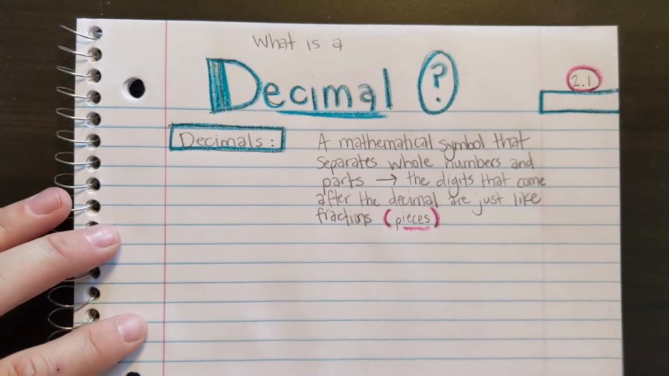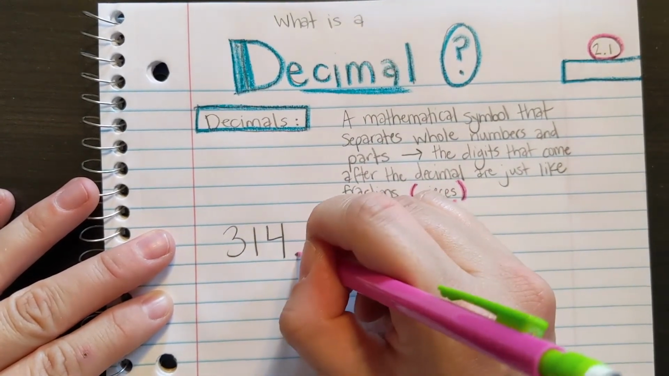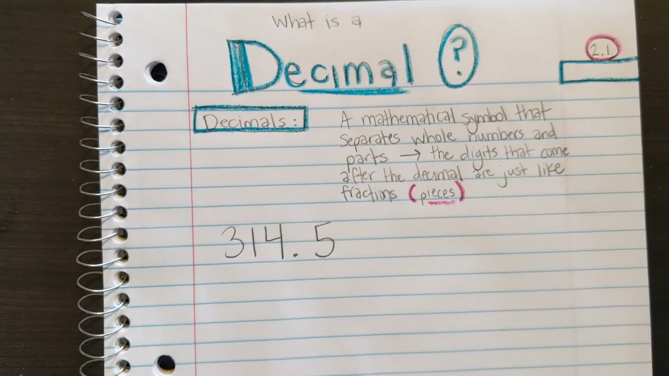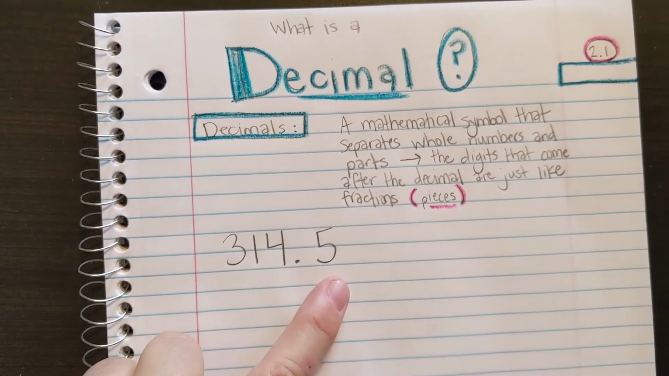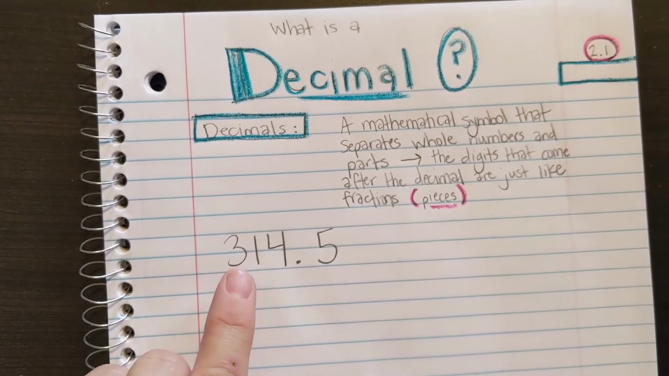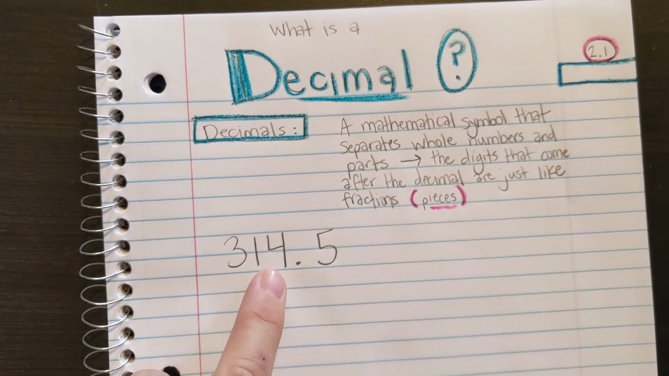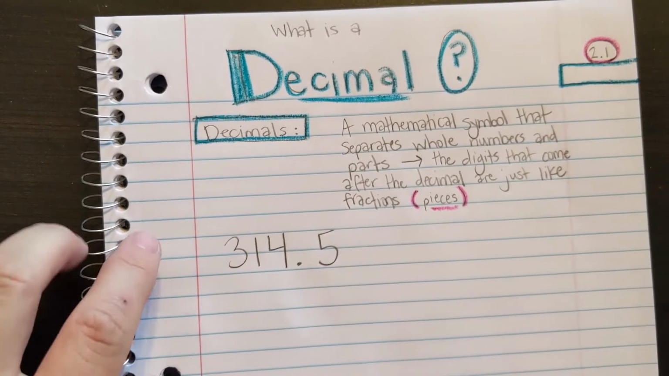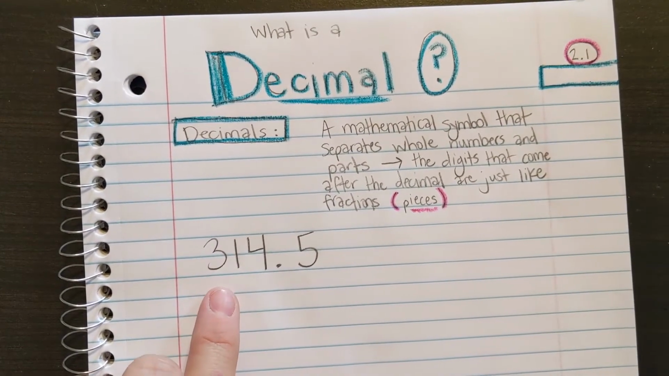So let's go ahead and write a number really large. I'm going to take 2 lines to do it. Think about whether or not you know how this number would be said. Think about it for a minute. Try it to yourself. I bet some of you probably said 314.5. That is how most people would say it, but this number is correctly read as not 314, just 314